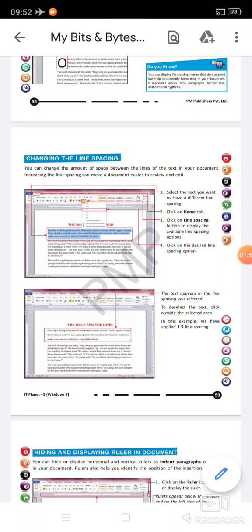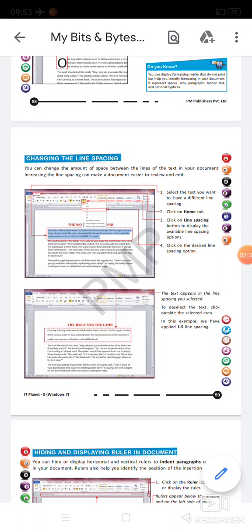then you have to click on the home tab. फिर आप home tab पे click करोगे, then click on the line spacing button to display the available line spacing options. Then there is a button which tells you about the line spacing. उसमें आप जैसे ही click करोगे, there are certain digits, जैसे 1.0, 1.15, 1.5, 2.0. These are the distance between the two lines. इसमें से आपको choose करना है कि which option you want for your lines. So suppose that in your book it is 1.5, so I have chosen the line spacing as 1.5.